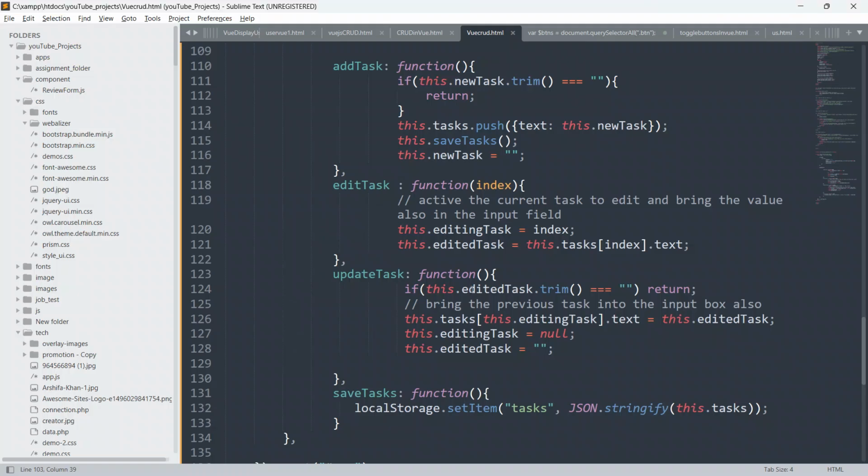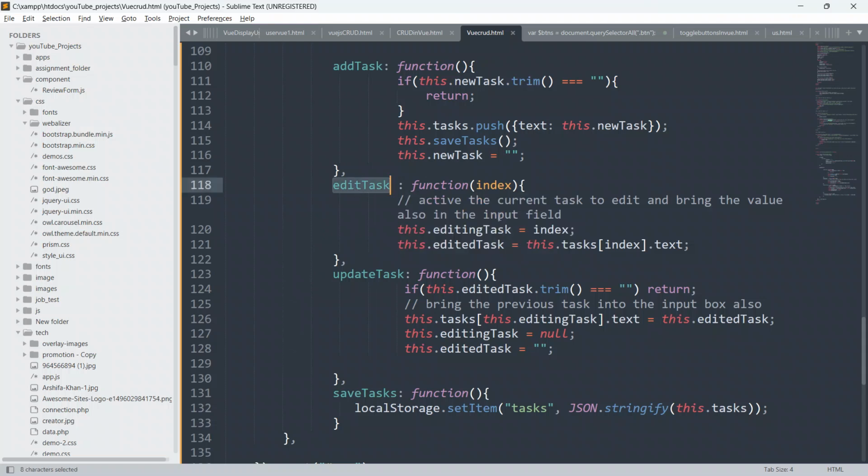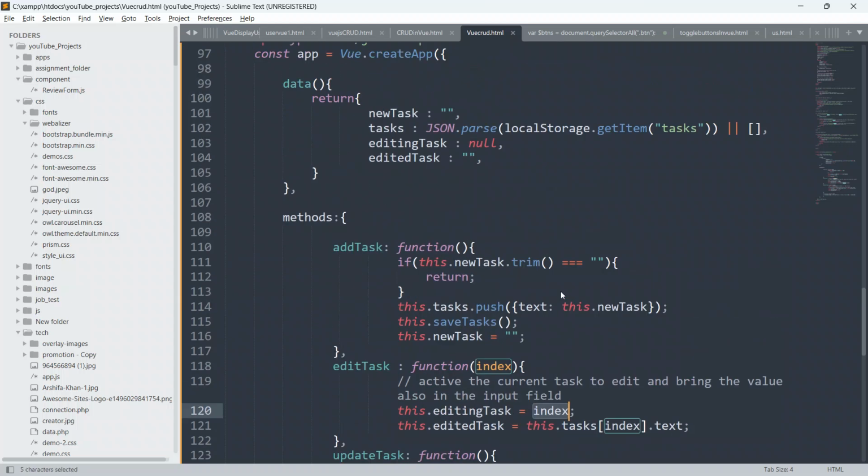Why guys, what is the issue? It is not working on the first element. So edit task, it is not working on the first element guys. Why? So this.tasks[index].text, this.editingTask equal to index.